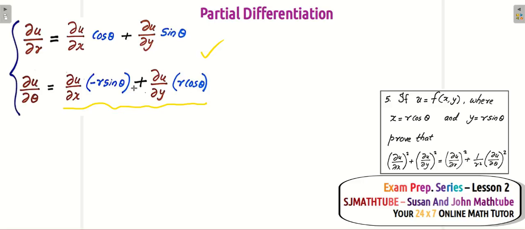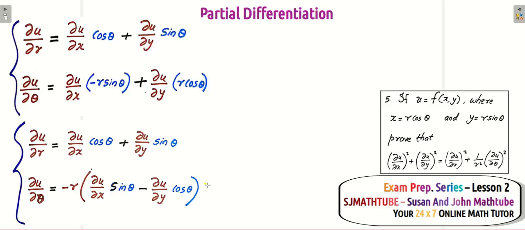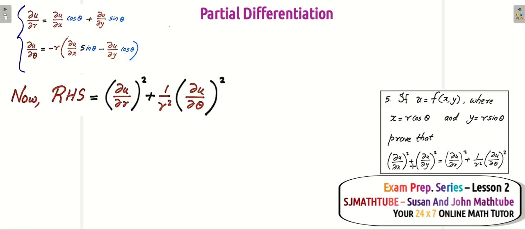Okay, I see something common, so I took it outside. I just took minus r outside, so in between it becomes minus. Okay, that's it. We have the quantities on the right. So let's start with the right hand side. So there it goes. I have the right hand side,